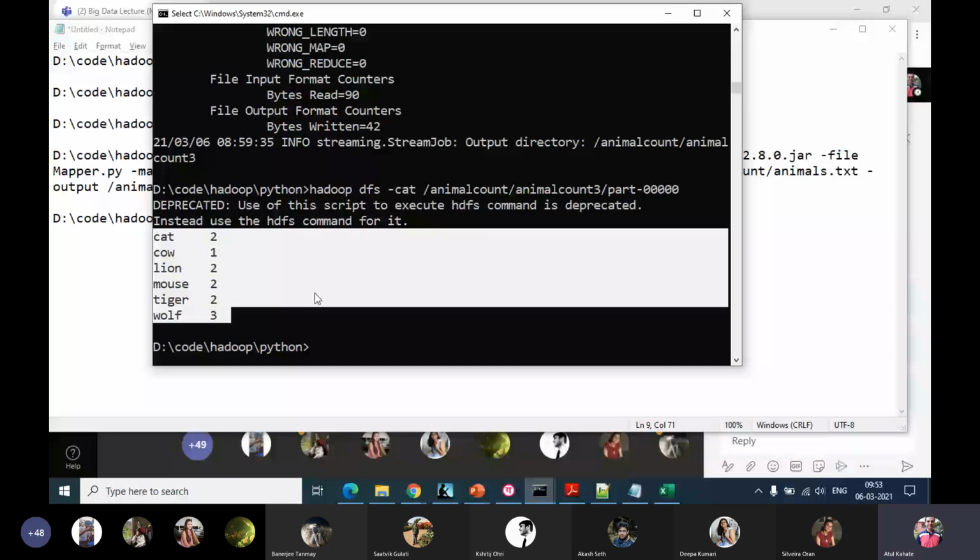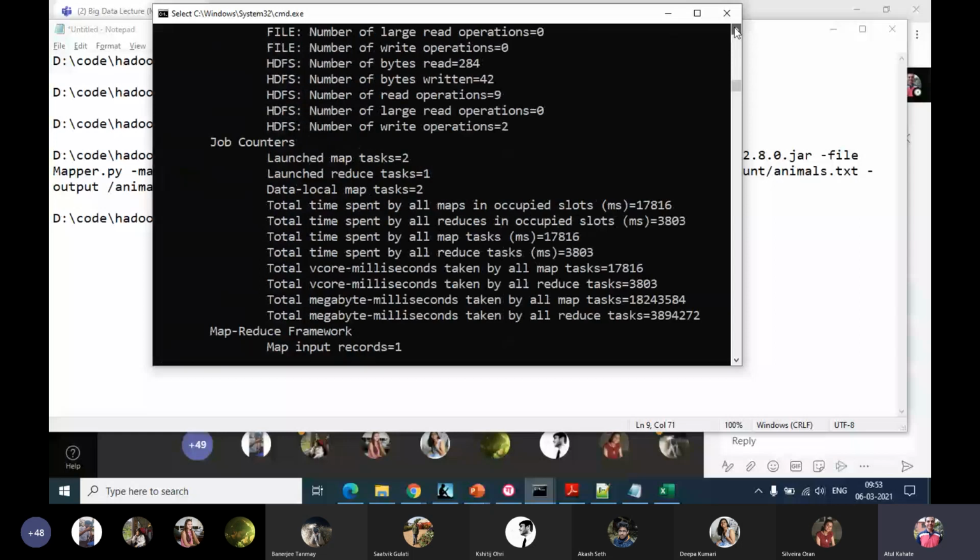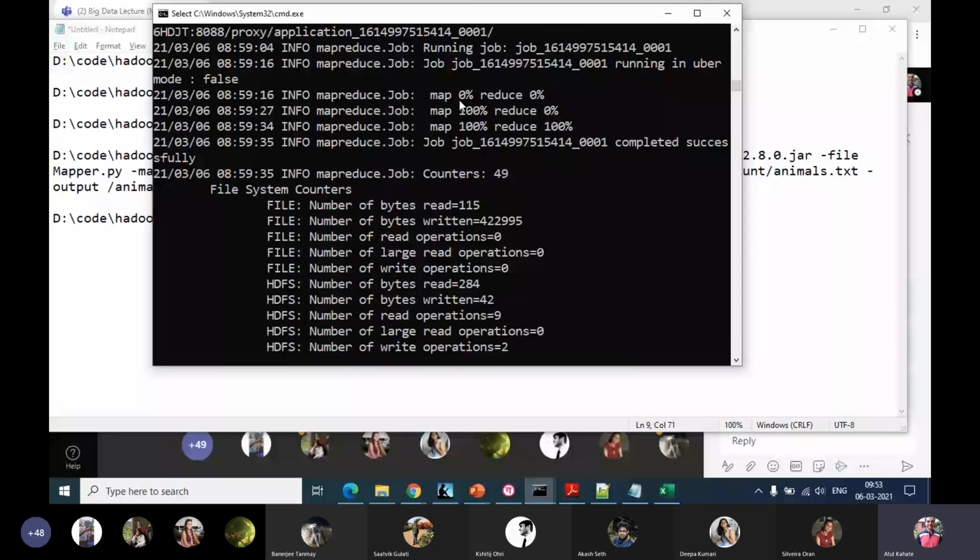So once Hadoop is running successfully on our machines, we will be able to see this. And you'll also see that while Hadoop is running, it also gives something like a running commentary to us. For example, it's saying map and reduce tasks have started. Then in about 11 seconds, map task is done 100%, reduce task is still not started. After another 7 seconds, map task anyway was already over, reduce task is also over.